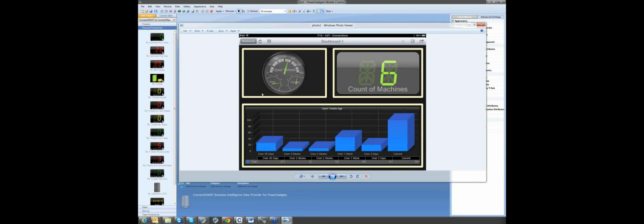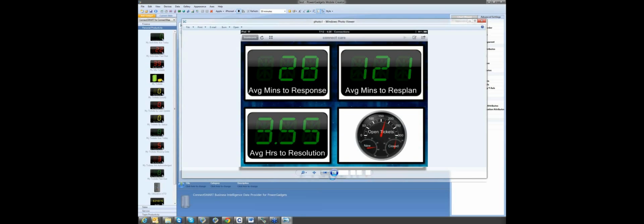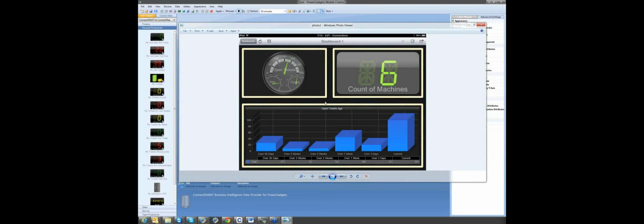Each of these is a separate gadget, but I was able to add those together and format them in this case as a 2/3. You can have just a single large one, or like I did in this one, a 2/2, and you can change your look and feel and your backgrounds, whether you want a black background